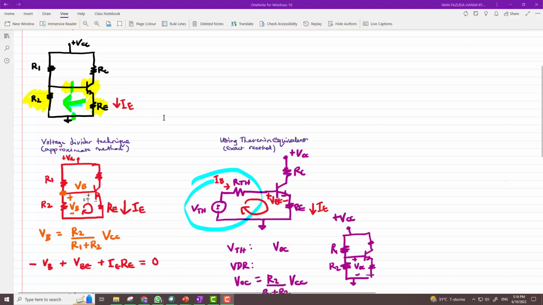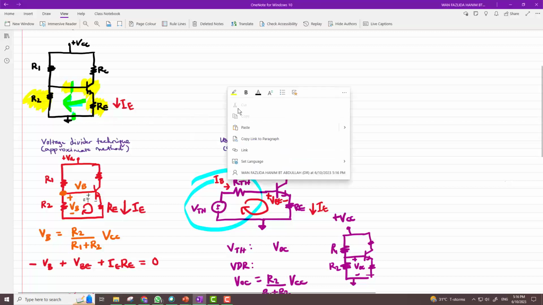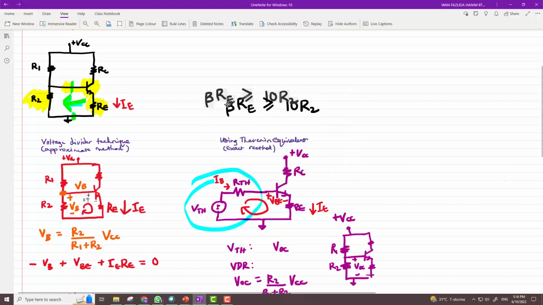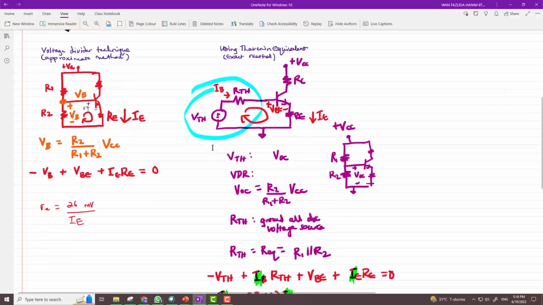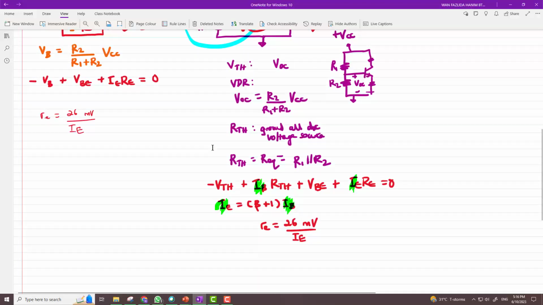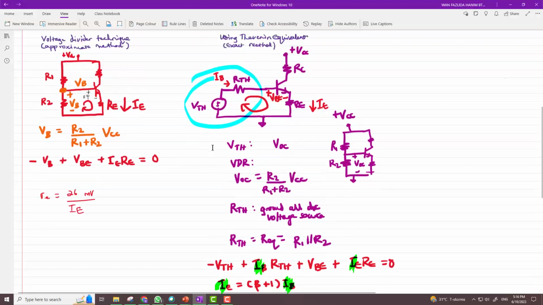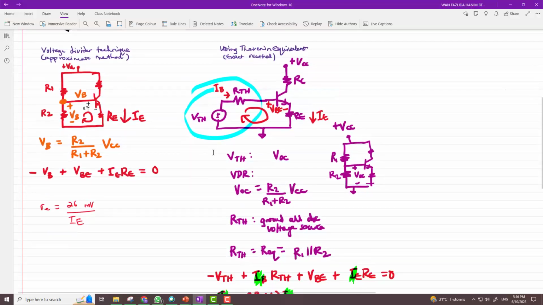So the criteria to check is beta RE and 10R2. If beta RE is greater than or equal to 10R2, you can use the voltage divider technique. If it is smaller, then you have to use the Thevenin equivalent circuit. As you can see, the voltage divider technique is shorter and simpler compared to the Thevenin equivalent circuit. But having said that, even if you have to find the Thevenin equivalent circuit,